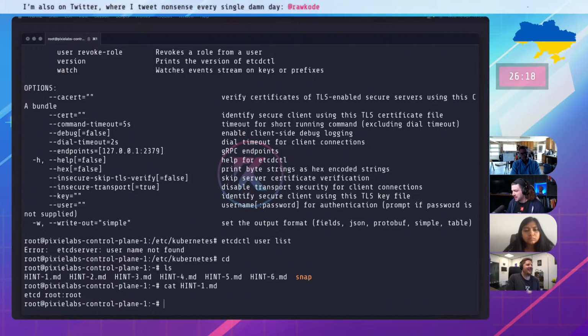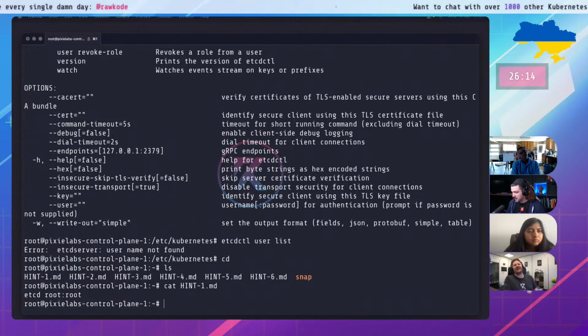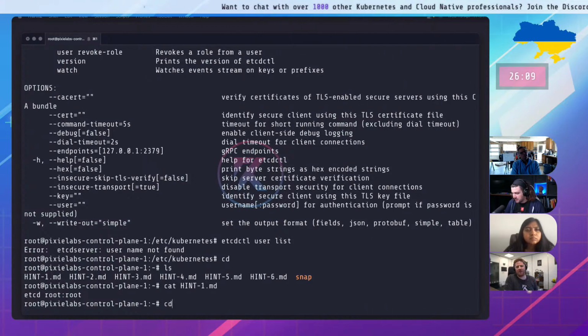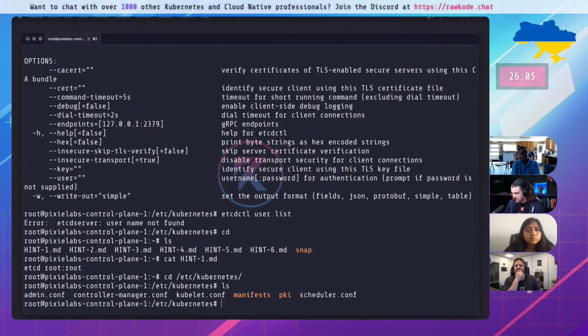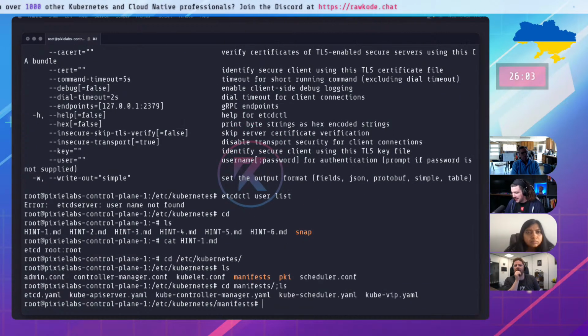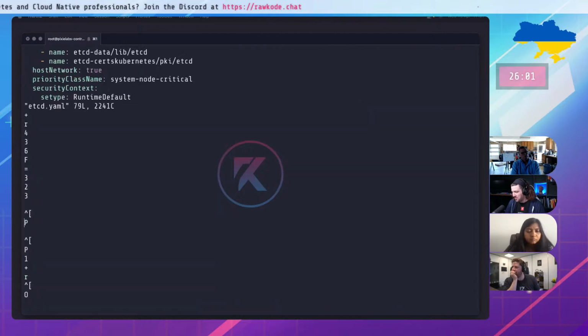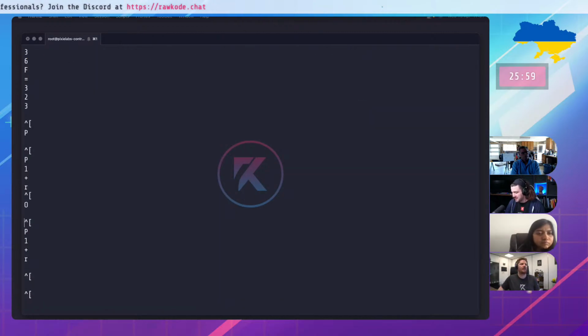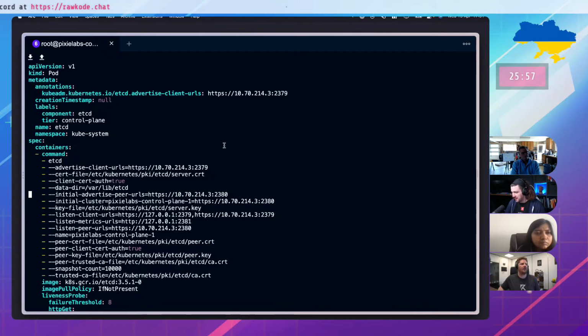All right, so they're saying root. That looks like Linux file permissions. Yeah, that's where my brain was going. So where's the etcd file database live? Is it etcd that's having a problem loading its file? Like it doesn't have permission to open the database file? It's something data. Yeah, I think so. /var/lib/etcd.